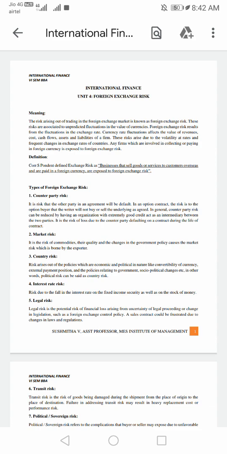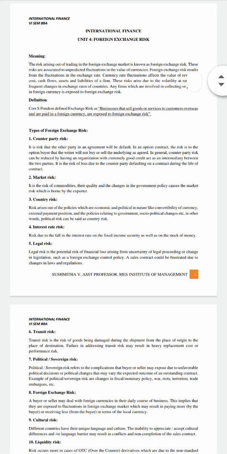The fourth chapter is about foreign exchange risk. Risk is nothing but the variation in the actual result against the expected one. For example, I have expected the rupee value as 74 rupees for $1. But today the rate would be 74.20. So the variation of 0.20 would be called as the risk, or that variation is called as foreign exchange